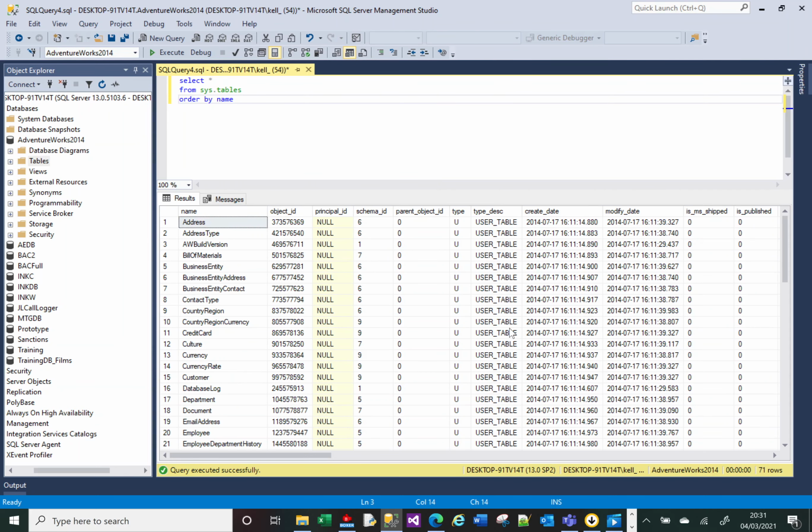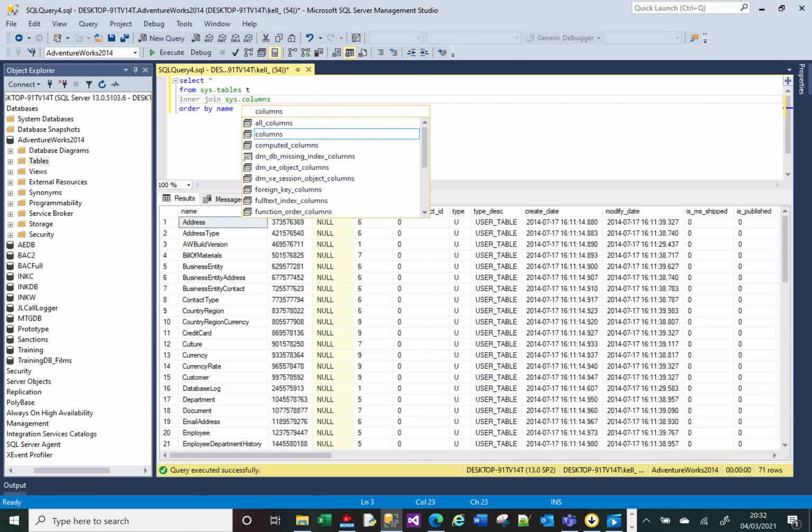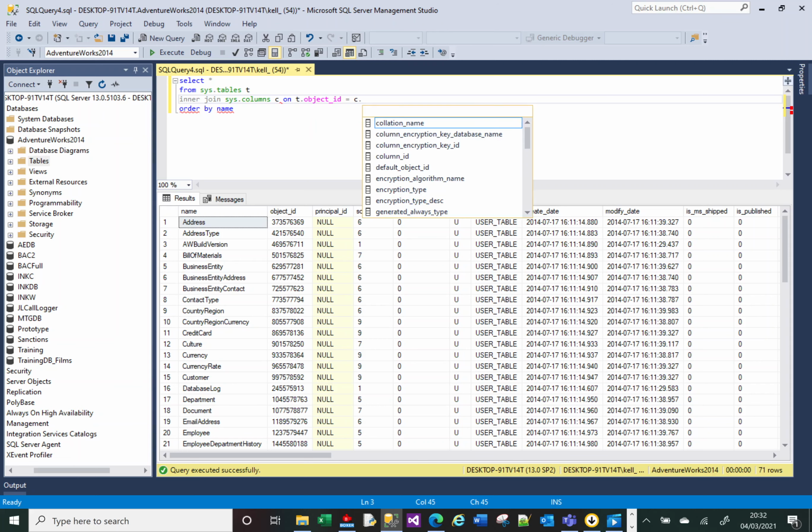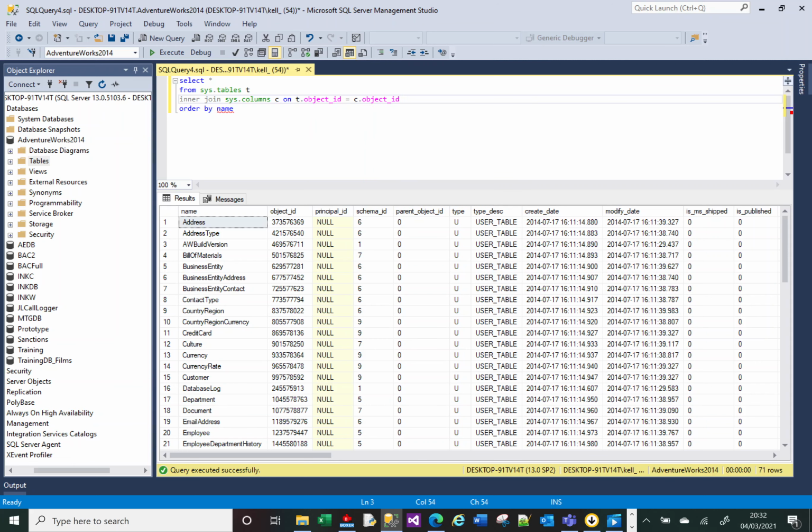Now what we wanted to see was the columns that have address in the column description. So let us carry on with this bit of code. We do select star from sys.tables. We can then join that to another table called sys.columns. In order to join these two tables, the joining column is called object ID. So if I do object ID, now if I run that,